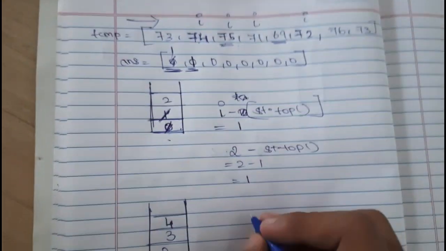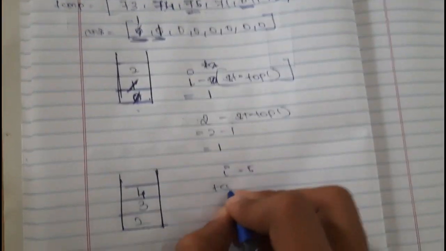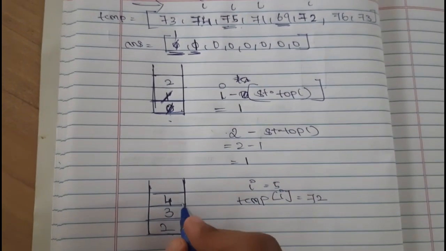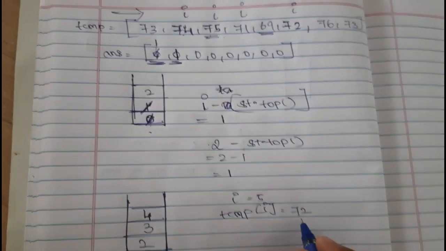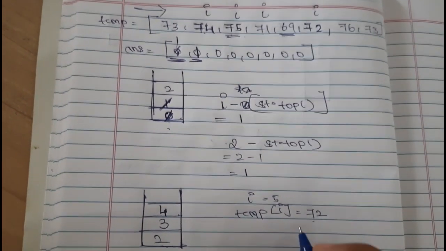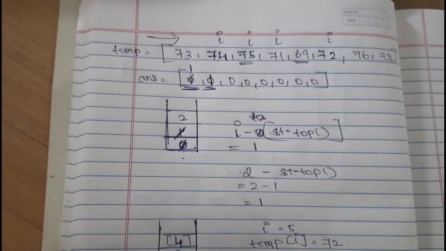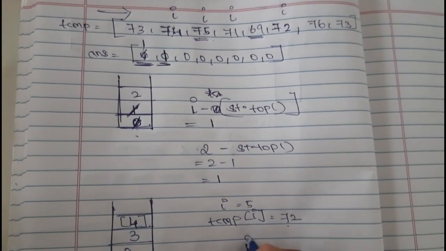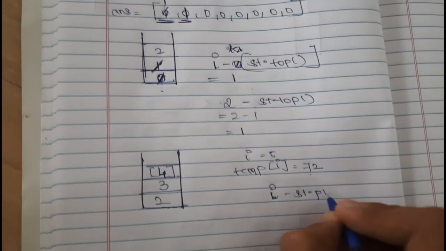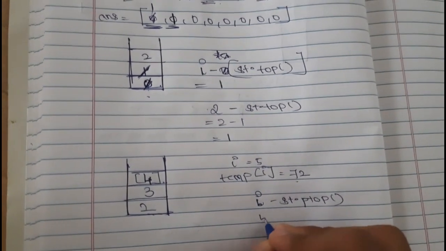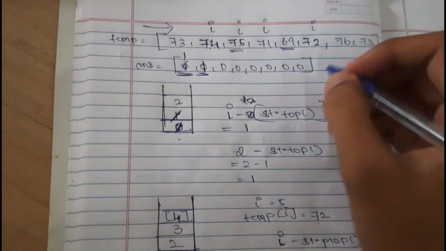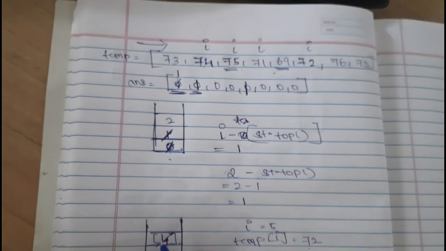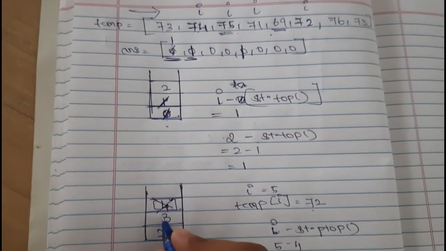So I is equal to 5. So temp of I is equal to 72. Still the stack is not empty, and 72 is greater than temp of 4, which is 69. So we will update the value as I minus st dot top, which is 5 minus 4, we will get 1. We will update the value of 69 as 1, and we will pop this 4, and we will be checking